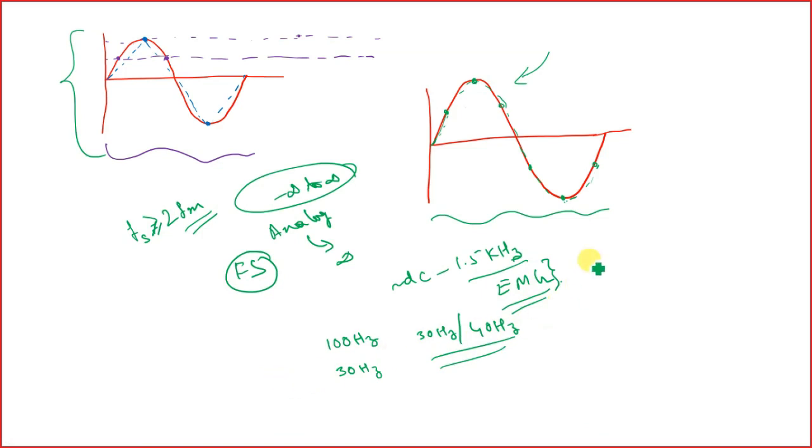So usually what we do, since most of our signal components are near the DC component and vary up to a lower frequency range, we apply a low pass filter. This low pass filter is an anti-aliasing filter.